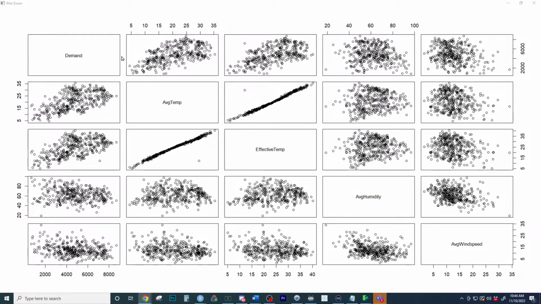This one right here is the y variable of interest. Like on this axis right here, this is the demand axis. That's what this stands for right here. This is the demand. And then this is the effective temperature. It's got the axis way down here just because it doesn't have numbers crowding it up. But the axis right here on the bottom is the effective temp. So this is a what variable combination, this plot right here? Like this is a y with an x. This one right here is a y with an x. So this one would be a what with a what relationship.